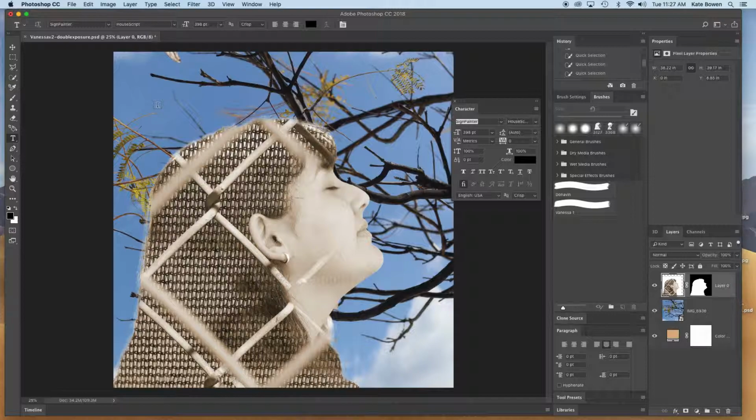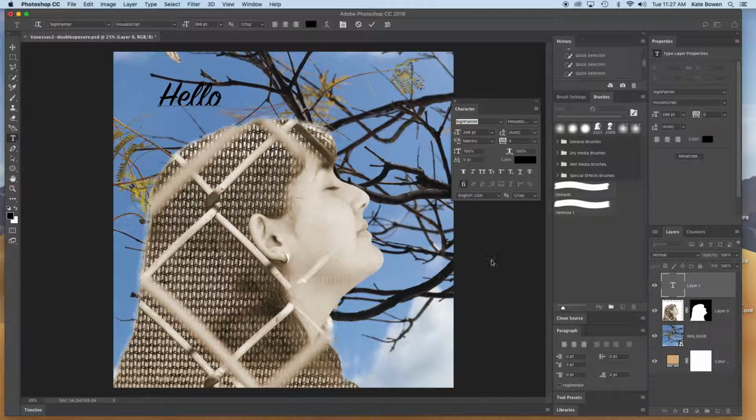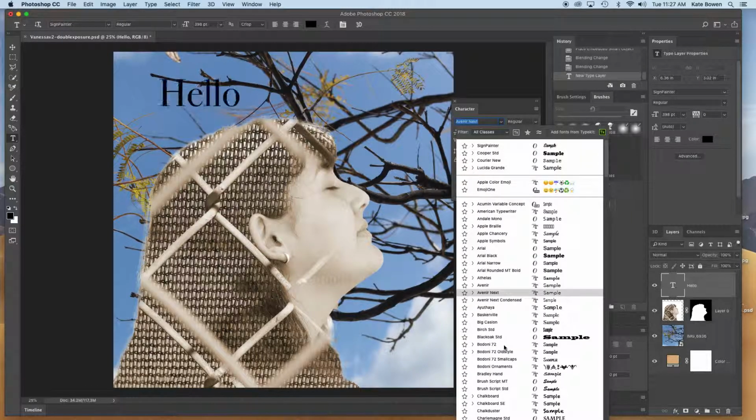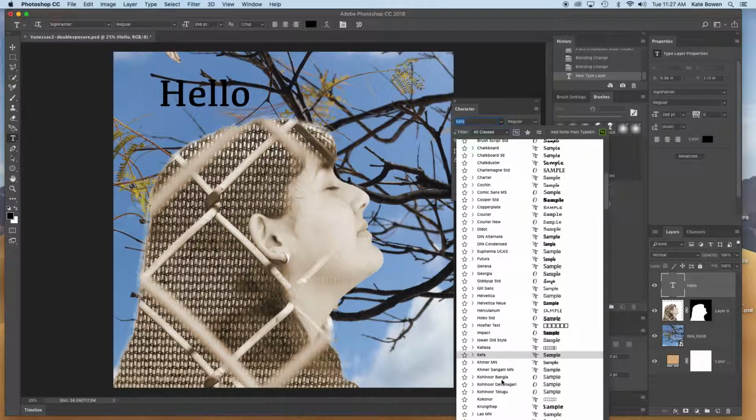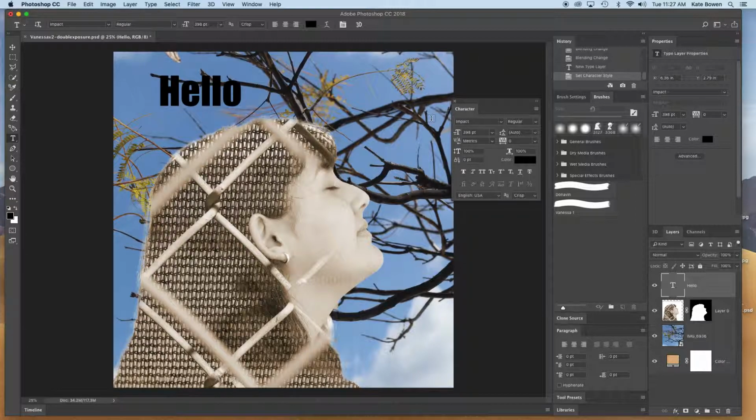Okay, so when you have the type tool, you just want to click and then you can type in. And then I like to click right here on the T in the layer panel and now change the font size, because otherwise you have to highlight it. So I like to just click on the T so that I don't have to highlight it when I'm changing these things. As you scroll through, it'll change the font for you, which is super helpful, so you can preview what it's going to look like. And then again, you can use the scrubber in order to make it bigger. You can type in a number,